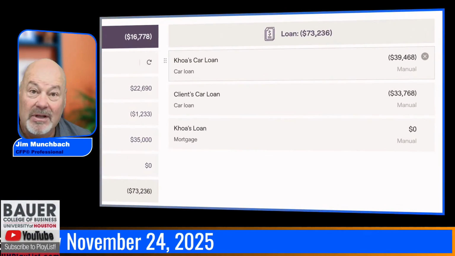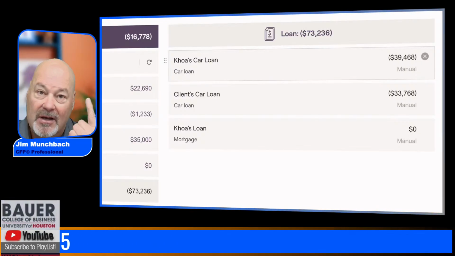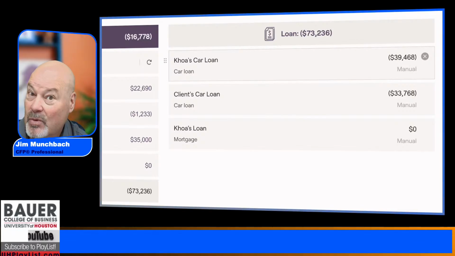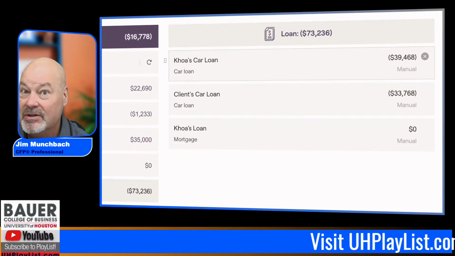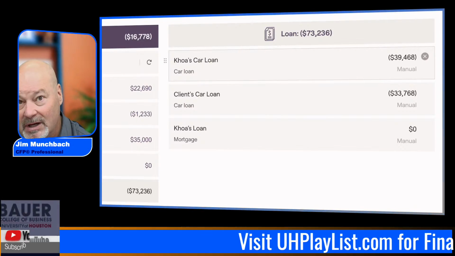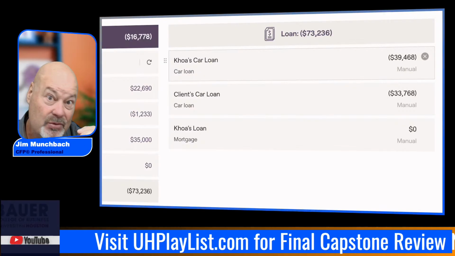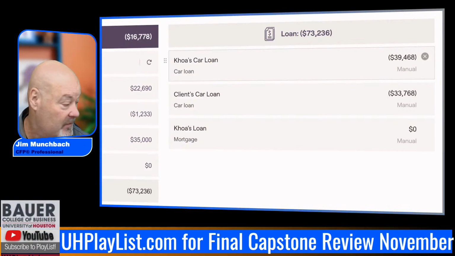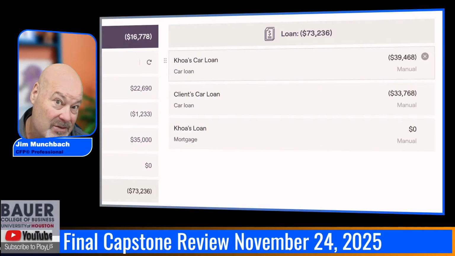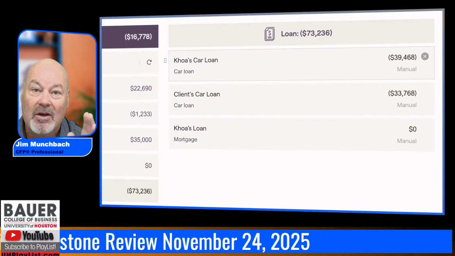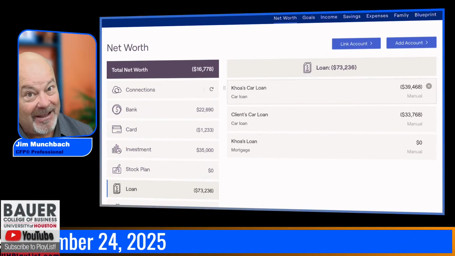That's definitely not what your instructions were in the course. You were supposed to have a mortgage based on where you live, based on your job. You found a house, you did a little research, you bought what you could afford, what you wanted in the neighborhood. You didn't do that. You need to do that. Number two was you had a car, you have a car loan, you have two of those, and then you should have a credit card, at least $10,000. And the reason for that was so that you could do this next step and have a learning experience.